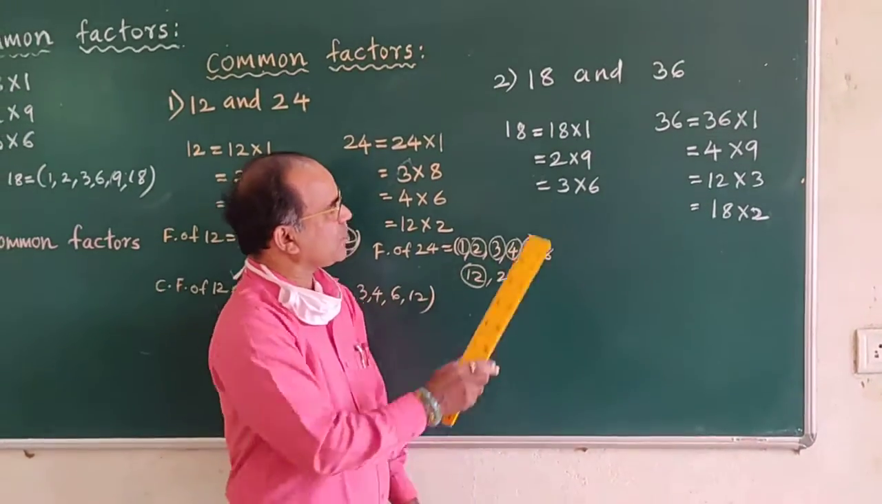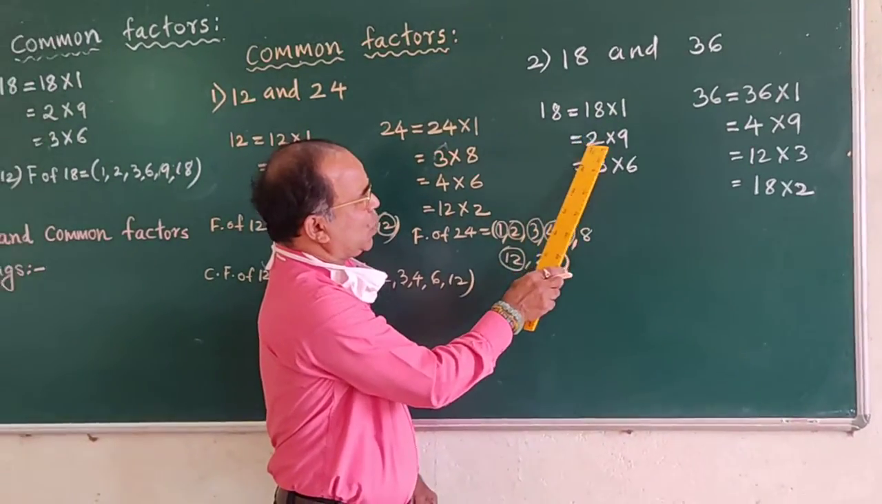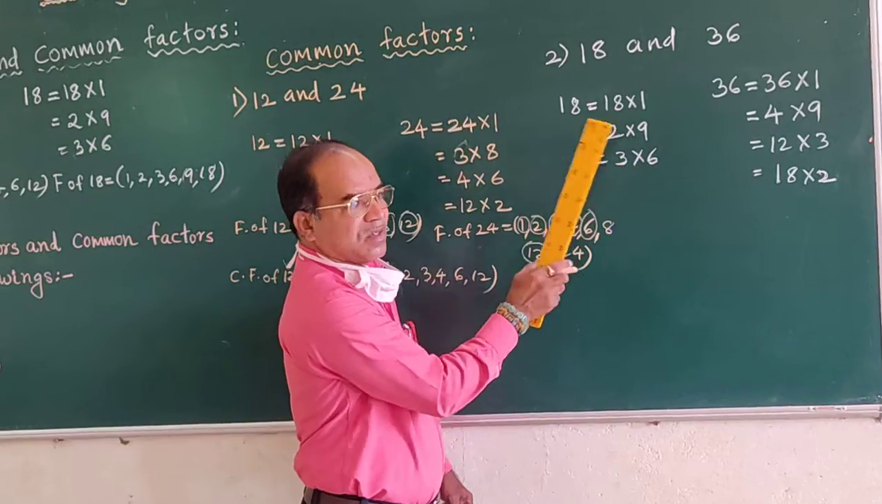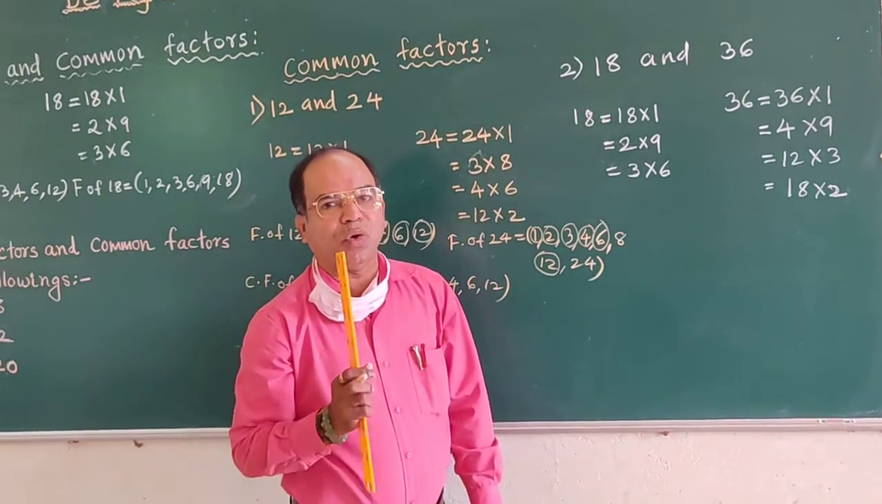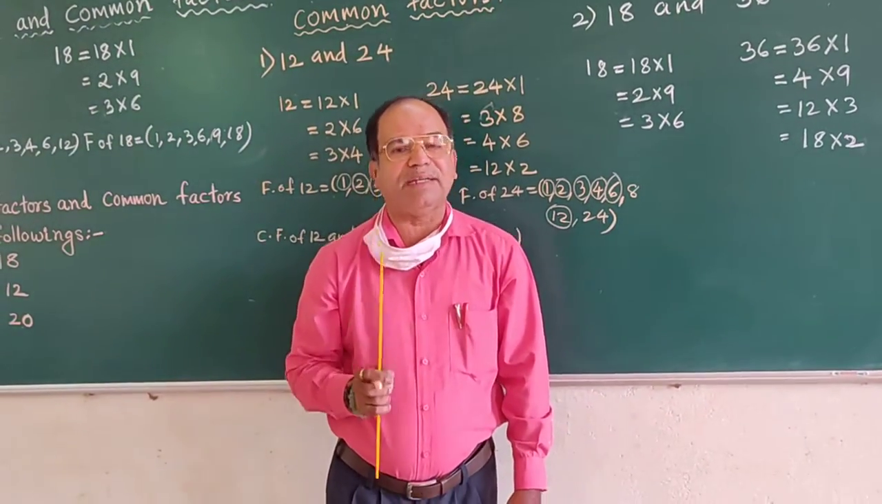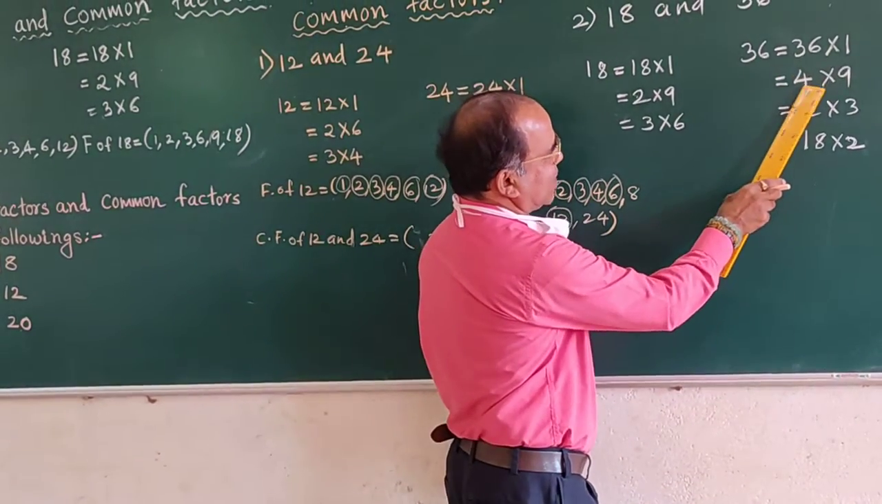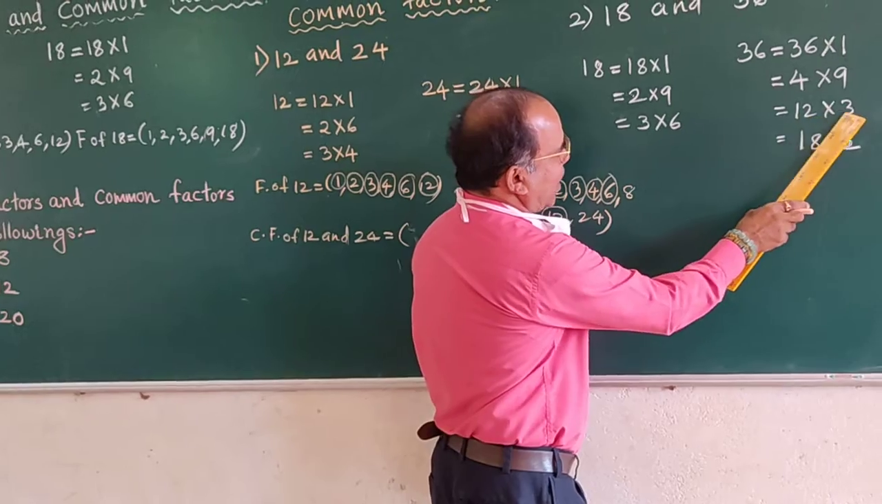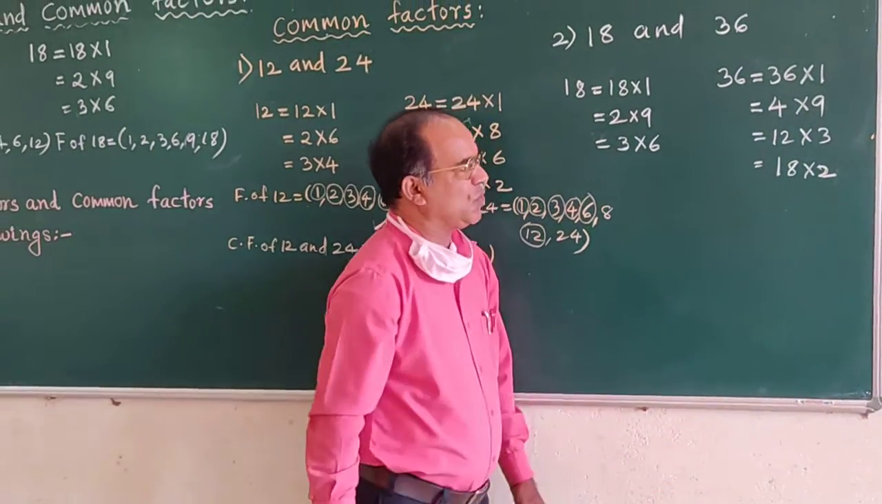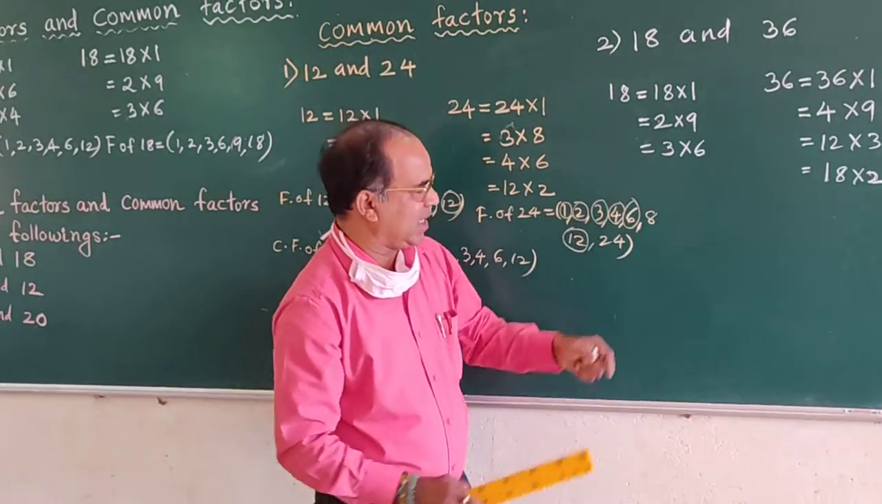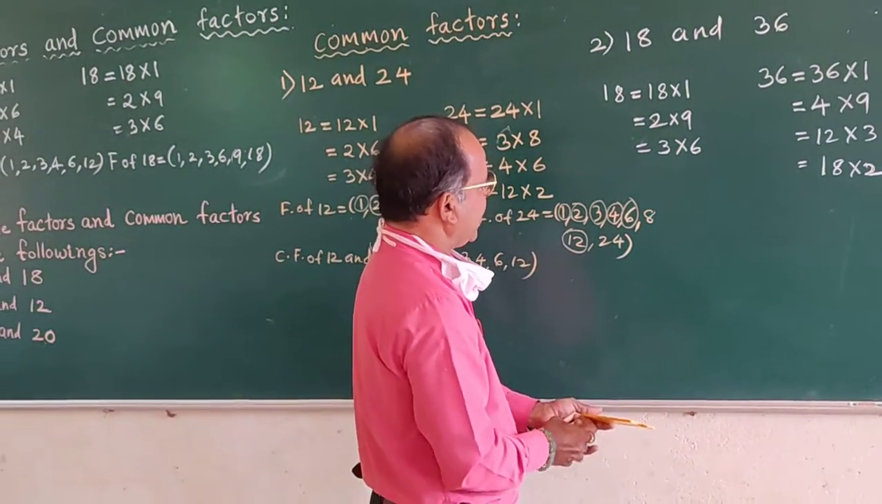You can see here 18 is 1 into 18, 2 into 9, 3 into 6. So these are the factors of 18. While finding the common factor, you have to find out the factors of each number first. Then 36 is 1 into 36, 4 into 9, 12 into 3, 18 into 2. So these are the factors of 36 and these are the factors of 18. Then you write separately